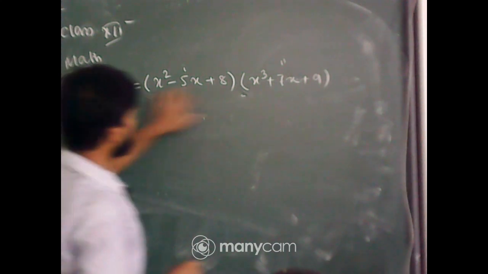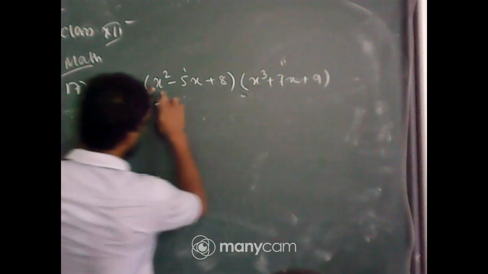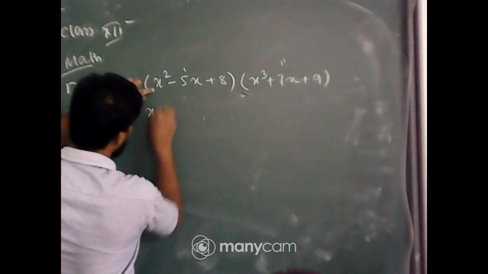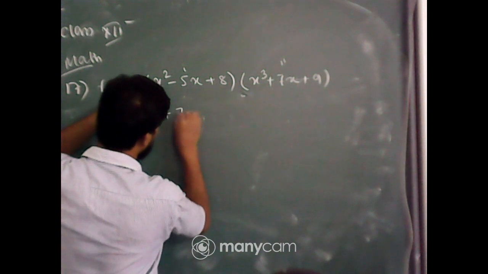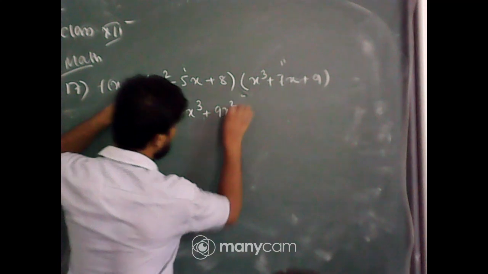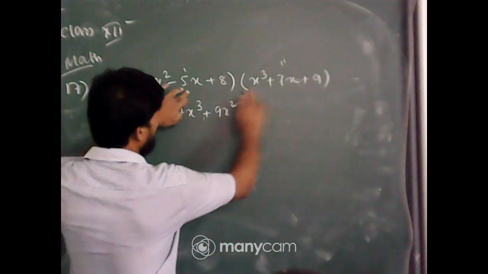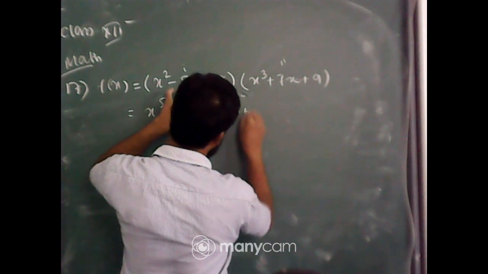First find the product of these two functions. That will be x square into x cube, that is x to the power 5, plus x square into 7x, that is 7x cube, plus 9x square. Now multiply this by minus 5x. So that will be minus 5x to the power 4,